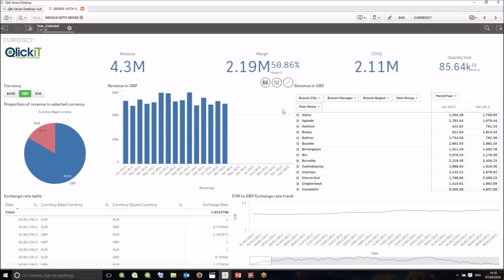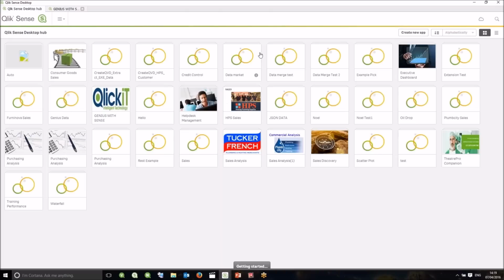But what we have extra here that Qlik Sense is bringing is a feature called Data Market. A lot of commercial organisations will have a subscription with some financial institution where they can download their currency exchanges each day and bring that information into their reporting. But that requires somebody to maintain that. There'll be some formatting issues. It could come out in any format that you'd need to rework each time, and basically it just becomes a hassle, and it's somebody's job to maintain that. So what Qlik have done is